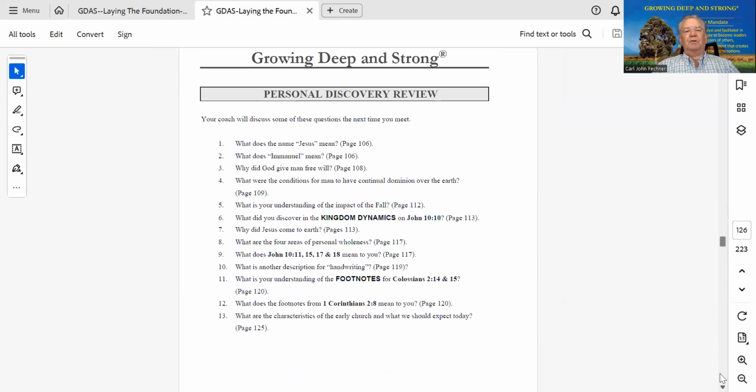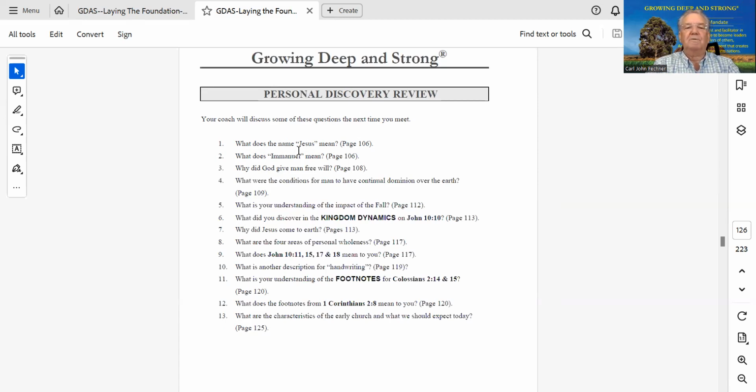So in their manual, these are the questions for the personal discovery review. They've listened to the topic, filled out the bits and studied the Bible verses, and now these are the questions. It says here, we'll discuss some of these questions the next time. We actually discuss all of them, because we want them to understand. So that's what their manual looks like.